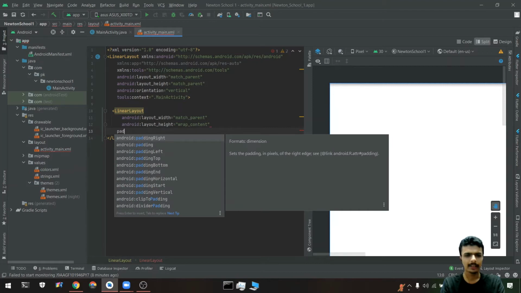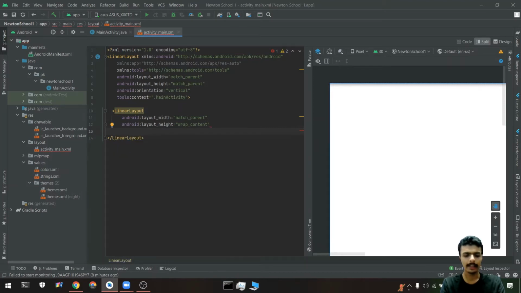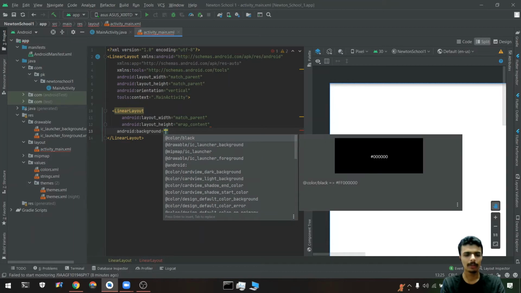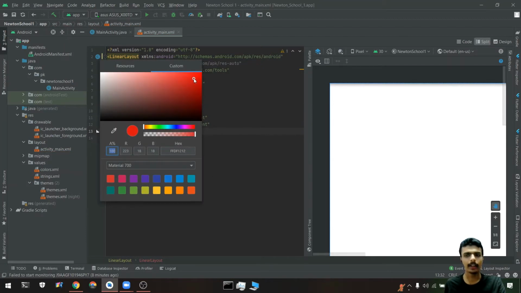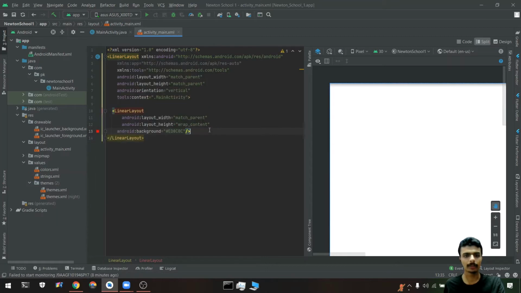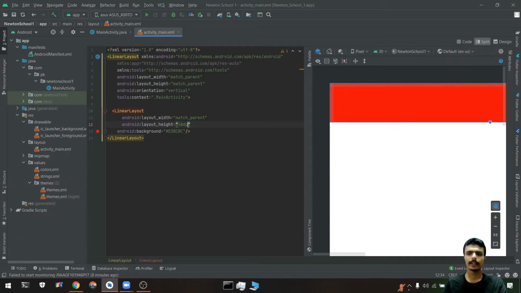I won't be giving some padding; instead of that, I will be giving some background. Instead of white I can turn it to black. Right now it's wrap content, so I will write something like 50 dp so that it becomes visible.